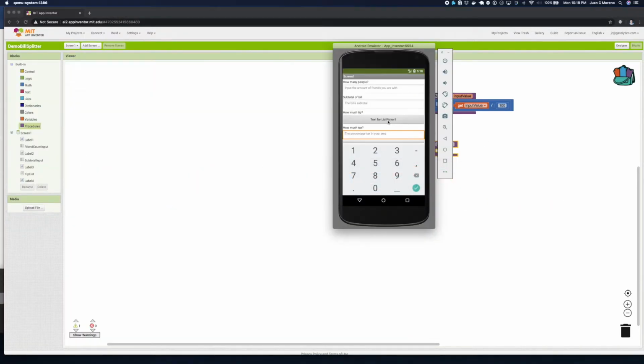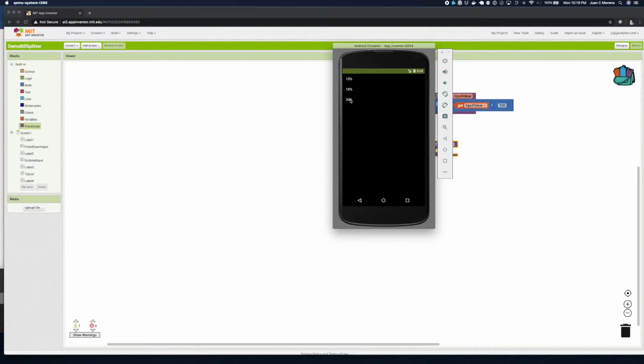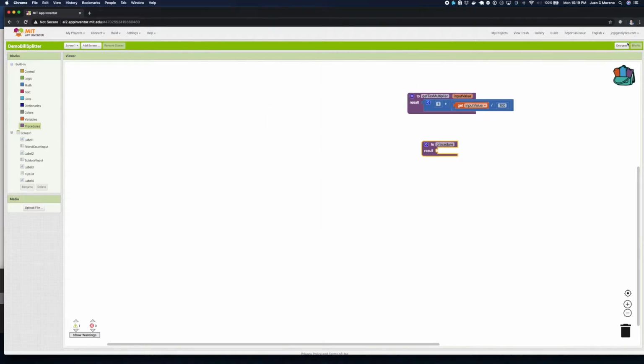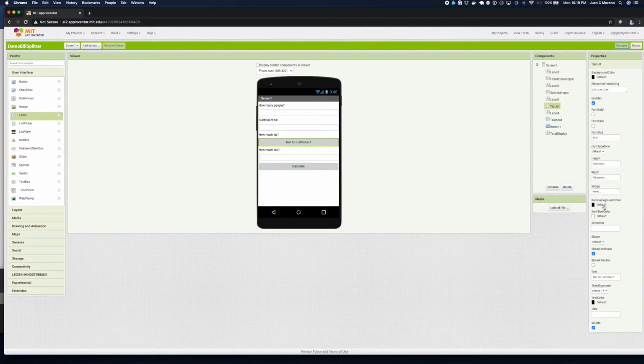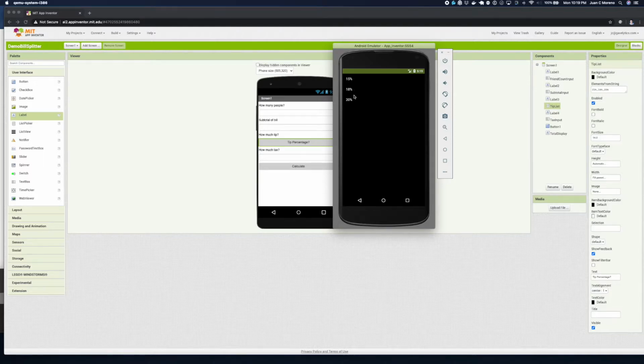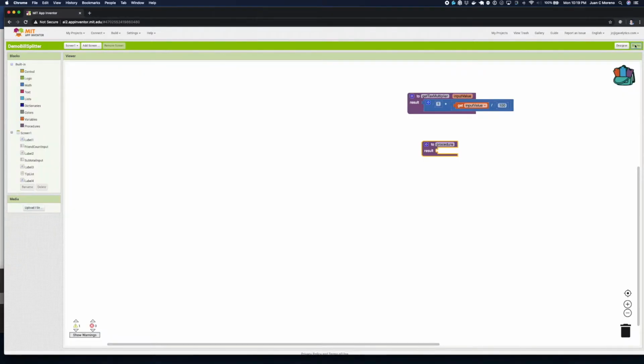Because if we go here, we're going to get this. Oh, by the way, if we select whatever value, it's saying text for list picker. So we should go and fix this text and say, how much tip, or tip percentage. And now if we go back here, now we have a tip percentage and we have 15, 18, 20%. Okay, so what I would like then to do